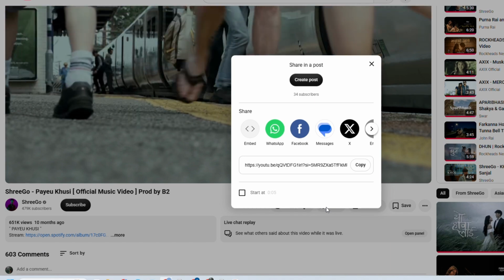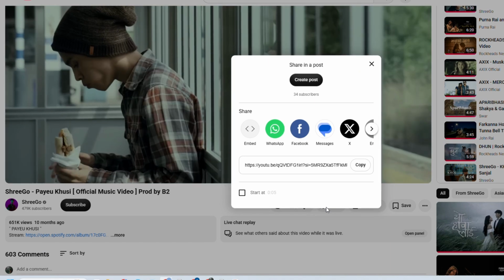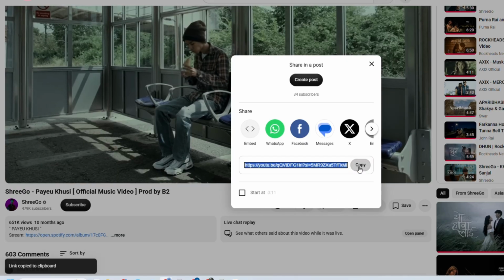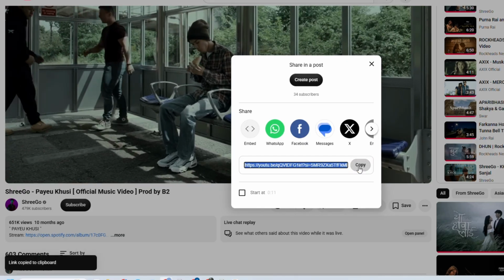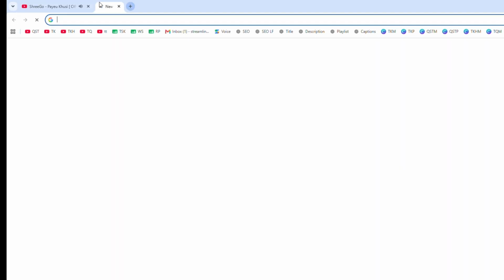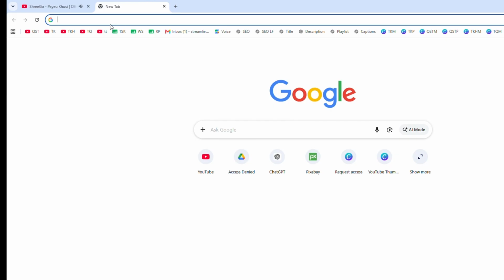A sharing menu will appear with several options. To copy the video's link, simply click Copy. The YouTube video link will now be copied to your clipboard. You can then paste the link into a text message, email, social media post, or anywhere else you want to